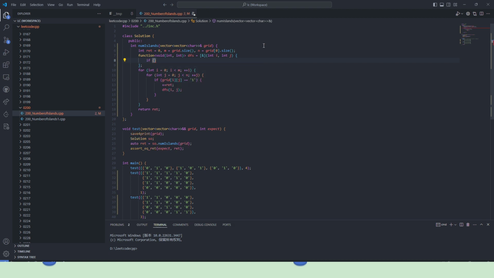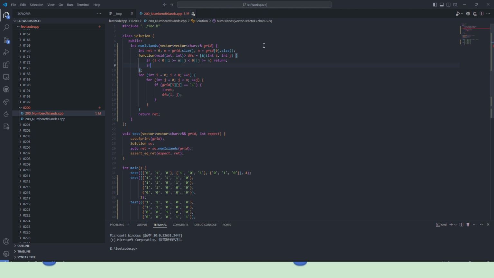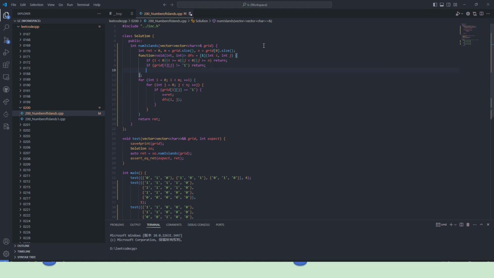First, we check the index is valid. Second, we check the value. If it is valid, then we just set